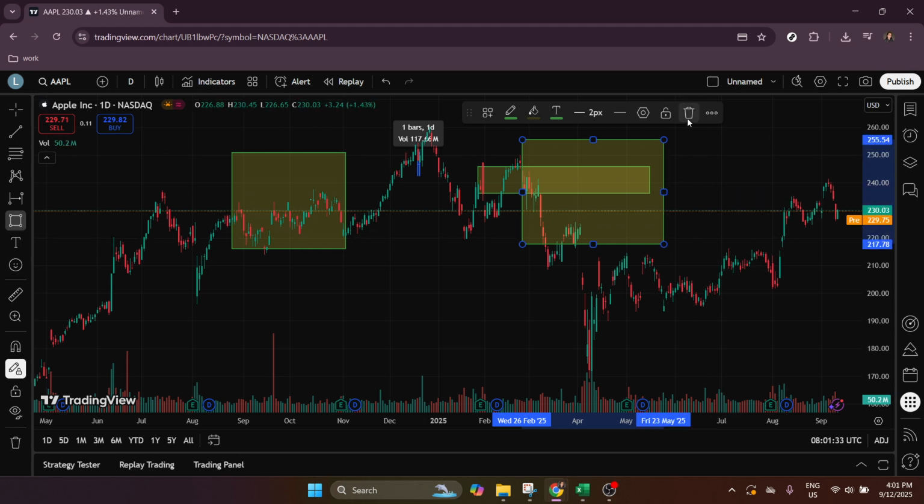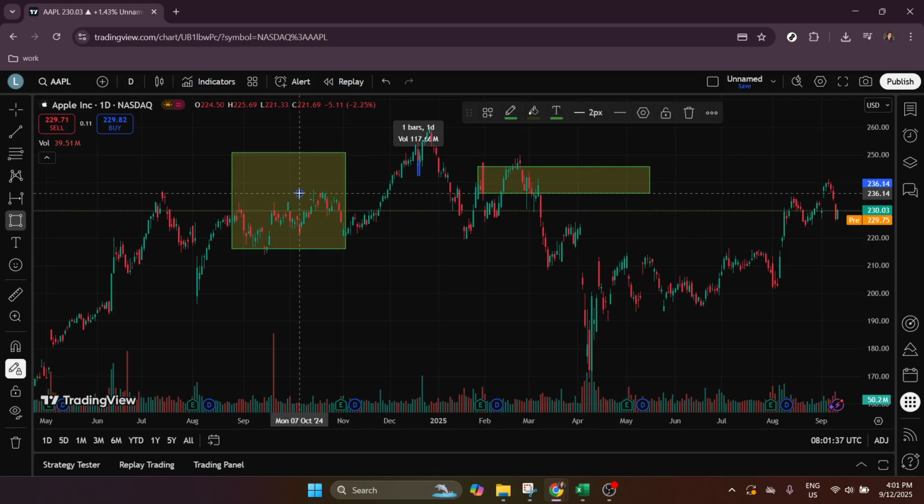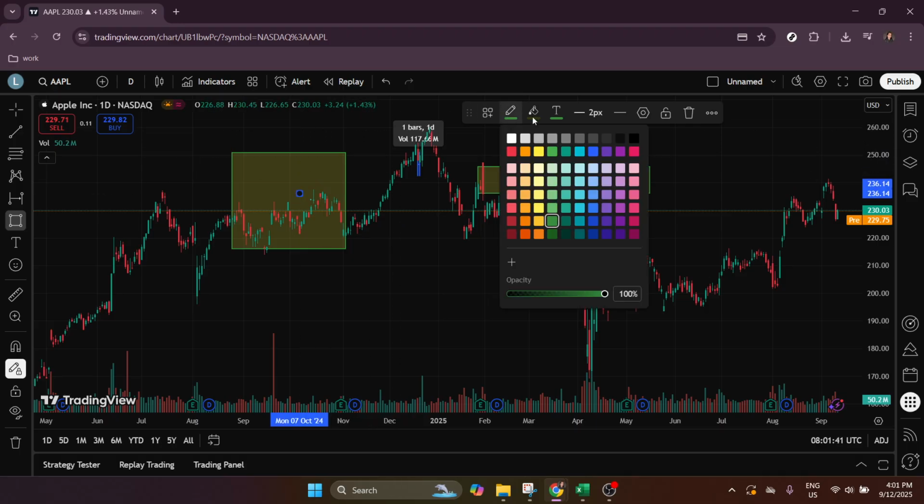You can customize the appearance of your box by right-clicking on it and selecting the format option. This will allow you to change colors, add borders, adjust opacity, and much more. Fine-tuning these settings can make your chart both